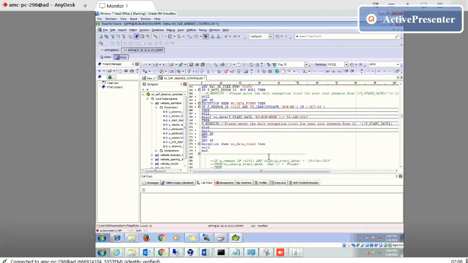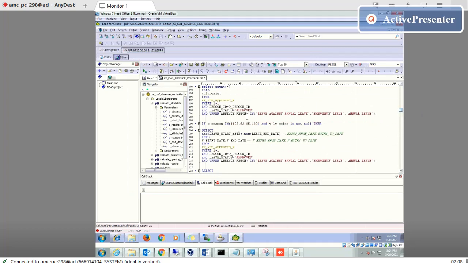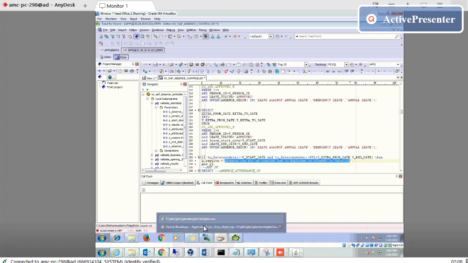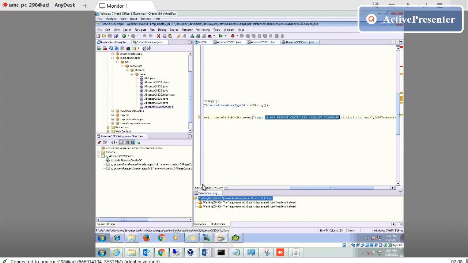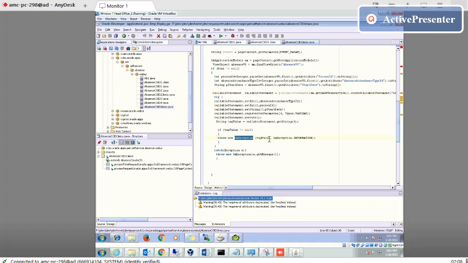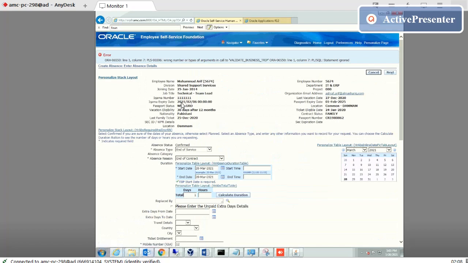So if there is a condition, suppose this is a condition, suppose we render. If there is a condition here, the system will throw the exception here in this value, and if it throws the value here, then you see the error on the top.